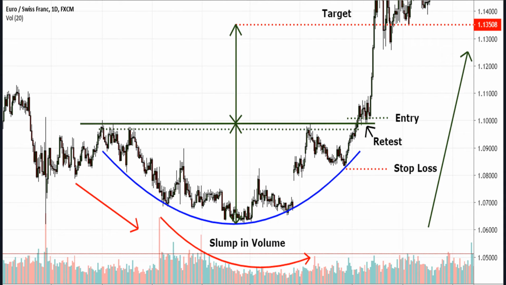Although the rounding bottom pattern is very reliable, there are no exceptions to the rule of protecting your capital. That's why you should also have a stop loss. After all, nothing is 100% when trading. An aggressive approach is to place your stop loss in the midpoint of this pattern. A more conservative approach would be to place the stop loss below the low of the breakout candle after a breakout,